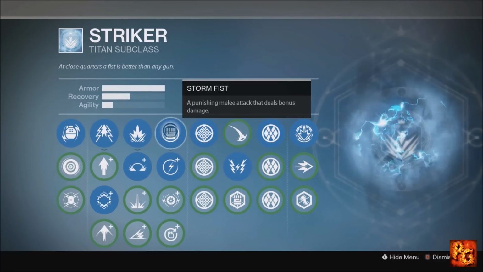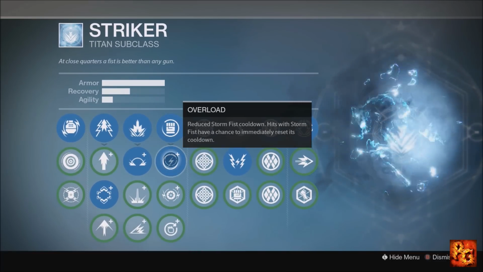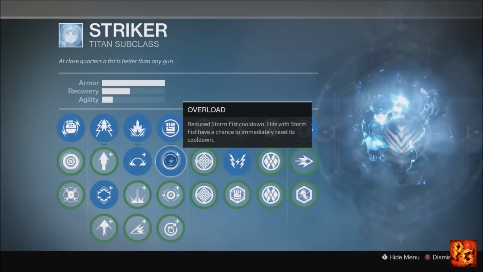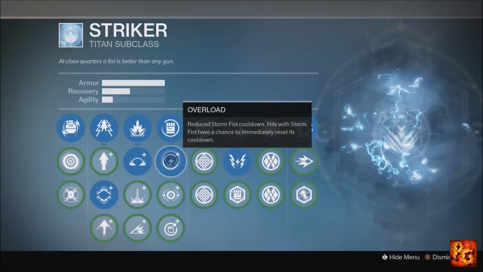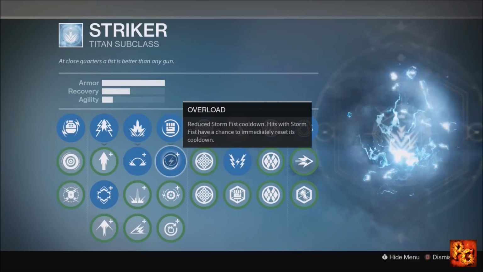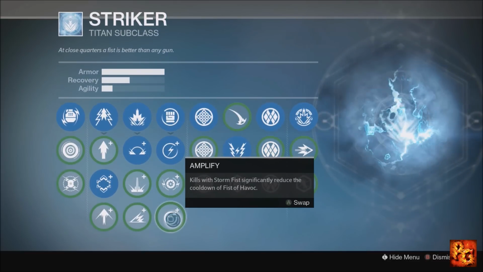Over here on Stormfist for the melee, I typically run Overload for pretty much everything. It's a really good melee to have in PvE because against low-level enemies, you can sometimes get your melee back instantly. But if I'm not doing that, sometimes in